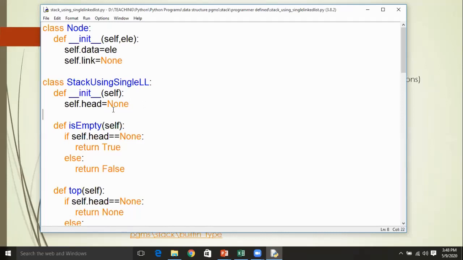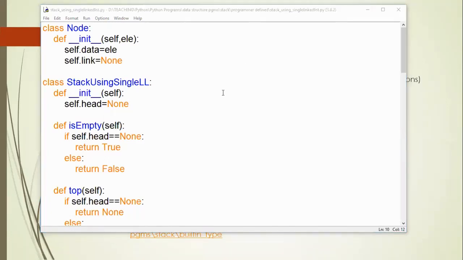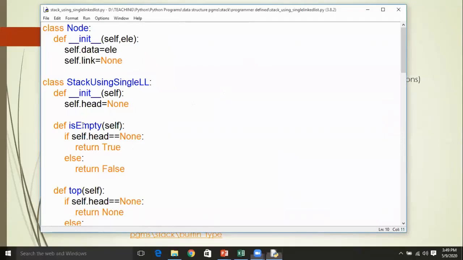Then isEmpty is a method which is defined in this class, which is going to return true if there are no elements in the stack. If there are no elements in the stack, it is very simple, the head will be none.